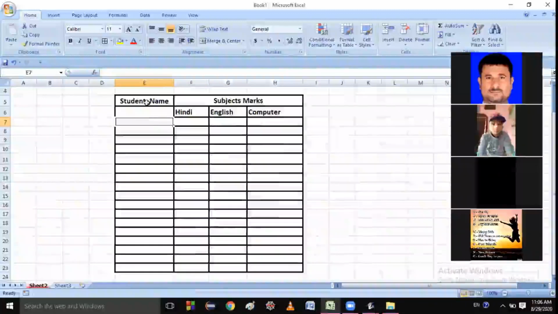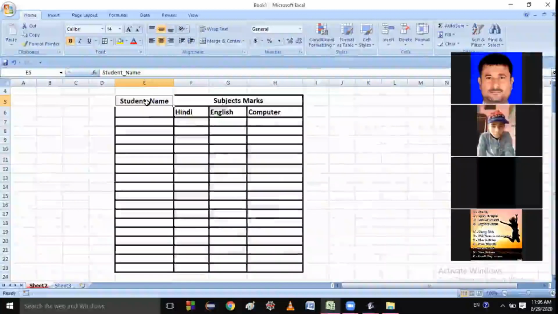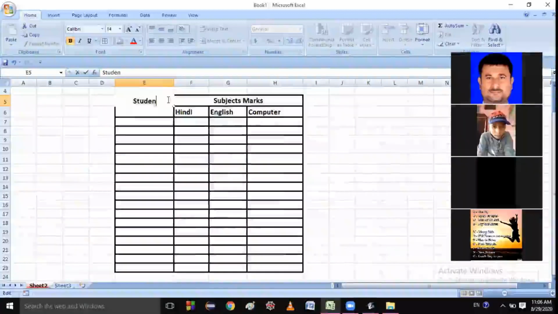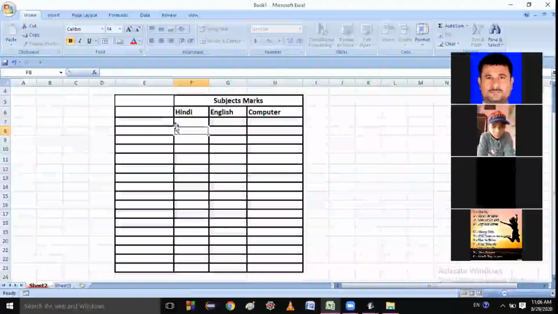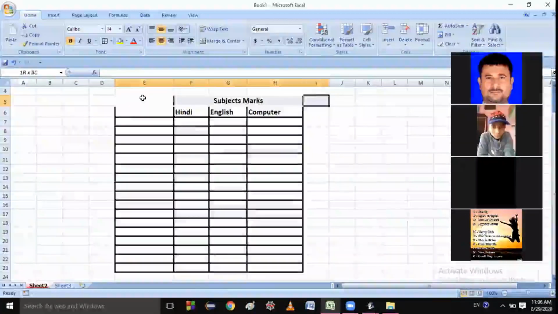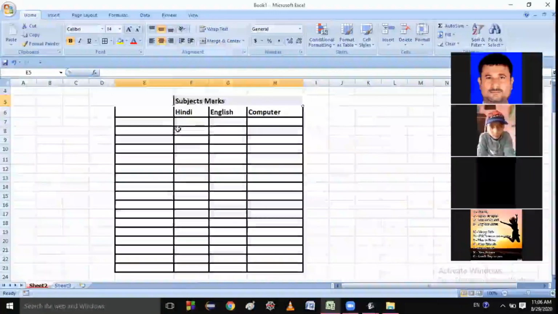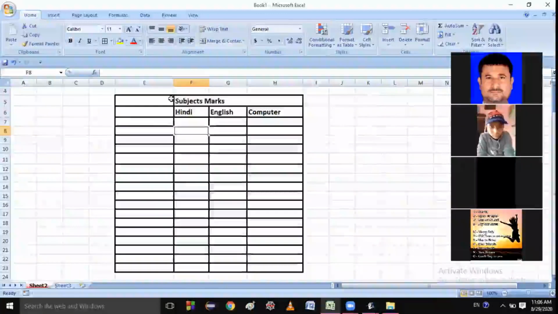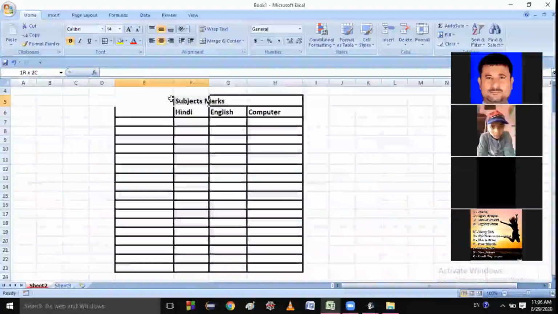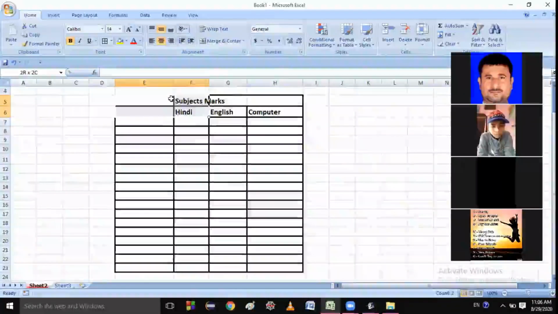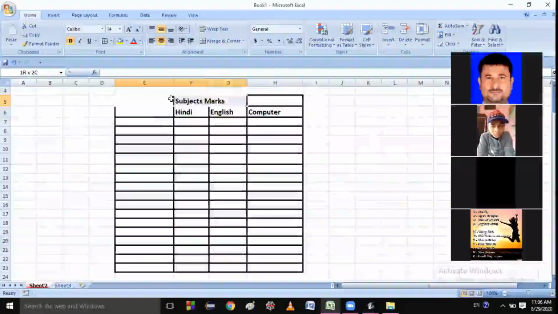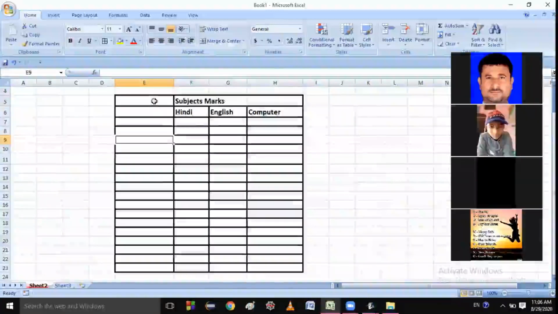and I think something is not good. Let me do one more thing. Remove subject, student name from here, and merge this complete column. This is not merging. Sorry. Okay, let me merge this one.